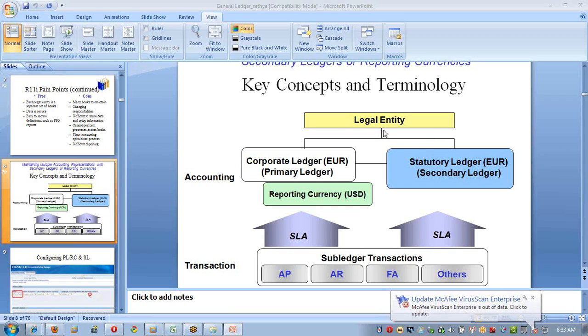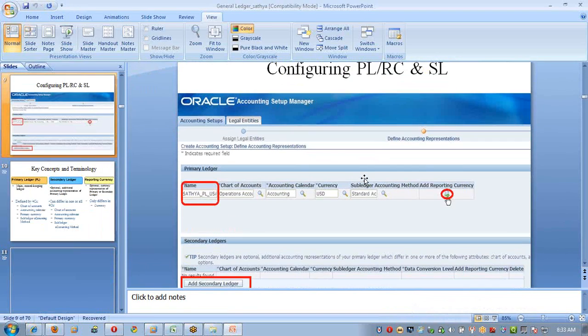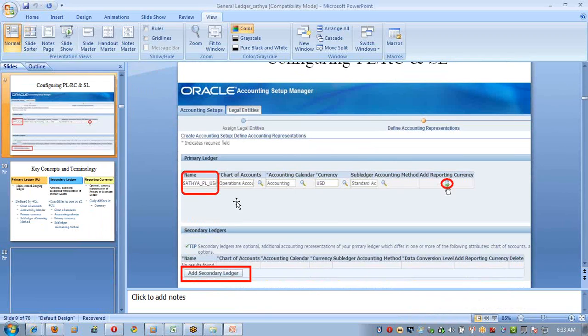Now here we have certain other concepts. We have a primary ledger, we have a secondary ledger, we have a reporting currency. If you see here, this is the Satya PLC primary ledger. And here you have something called a reporting currency. And here you have something called a secondary ledger. Now to understand